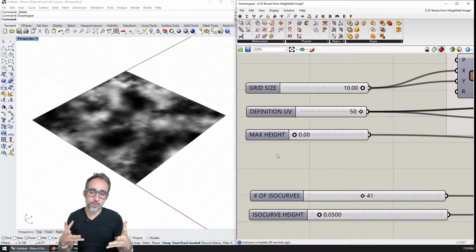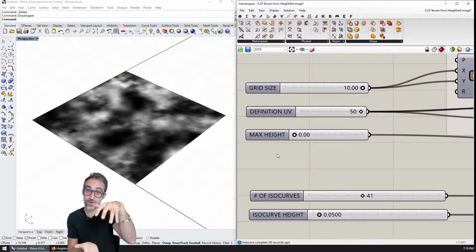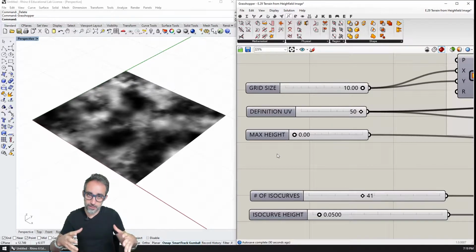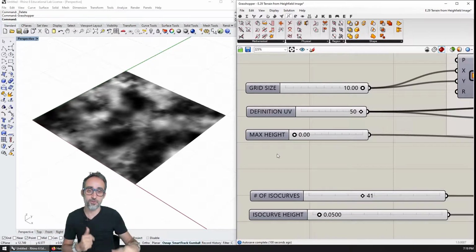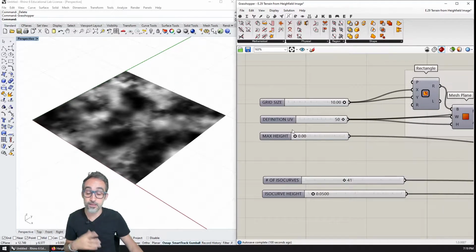In this video, I would like to make a super fun hands-on exercise, which is going to be how to reconstruct a terrain from an image of a height field. So imagine we have an image which is grayscale and represents how high or how low certain areas of the terrain are. We can actually reconstruct geometry with that volume, for example, by creating meshes or creating NURBS surfaces out of that.